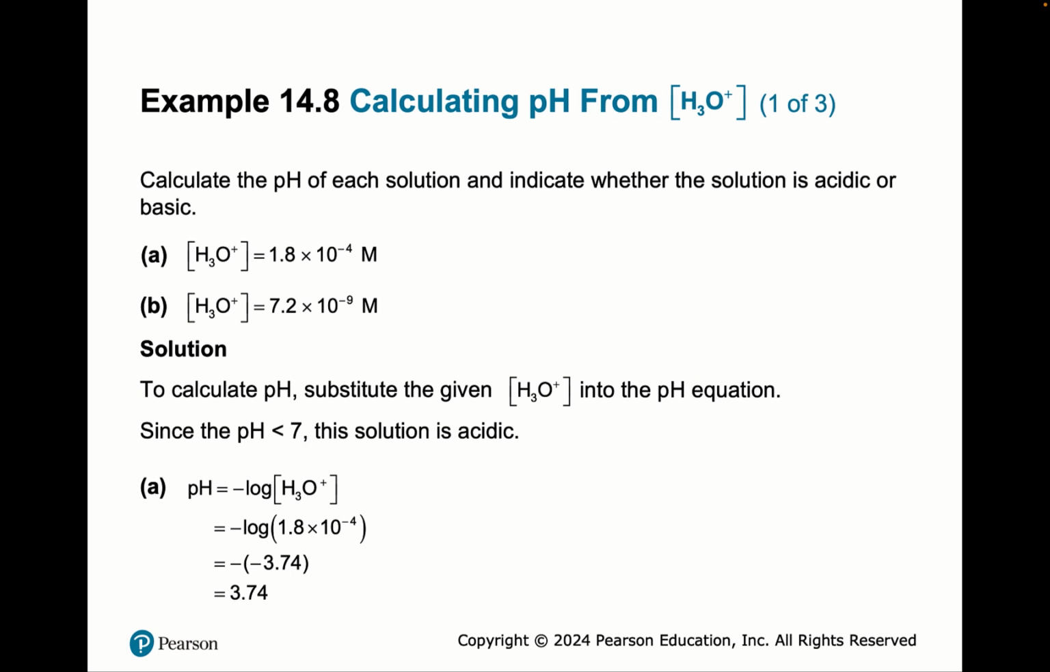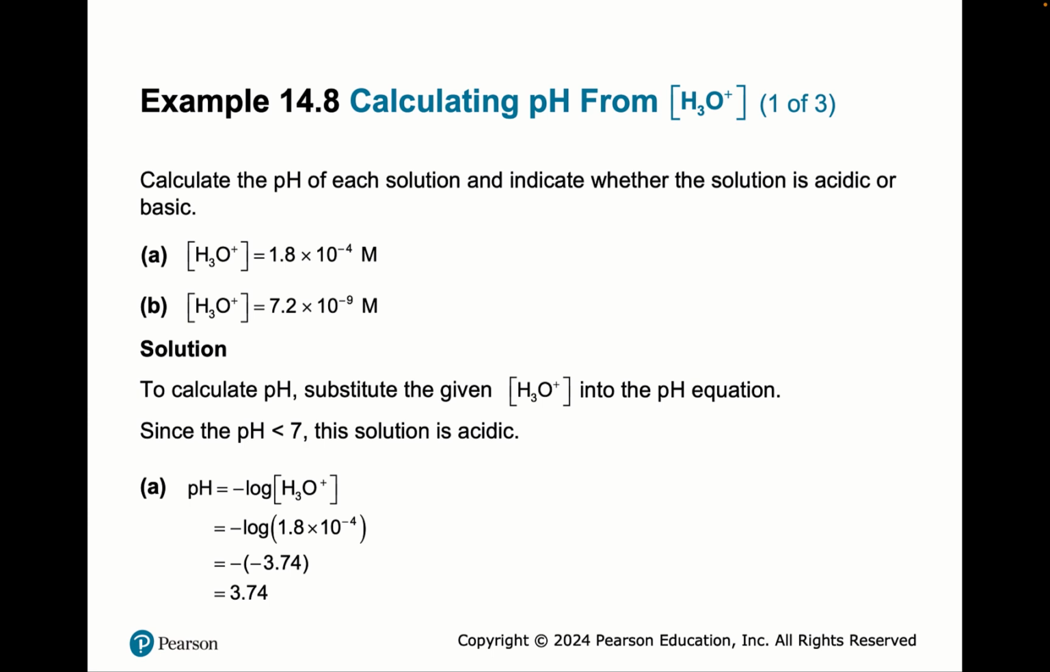So C is neutral. So let's do the pH of these, whether acidic or basic. A is 1.8 times 10 to the minus 4 molar, and B, the hydronium ion concentration, is 7.2 times 10 to the minus 9 molar. Now we do the pH. The pH is minus log of the hydronium ion concentration. So in your calculator, type in a negative sign, log of, then that value in parentheses,